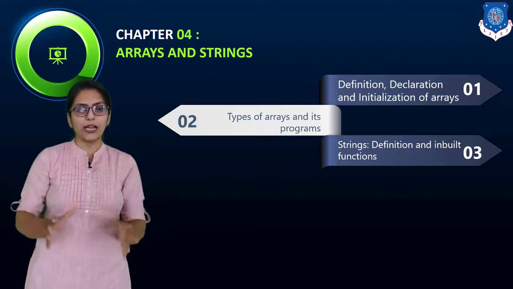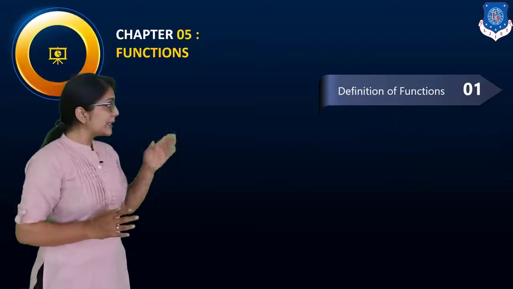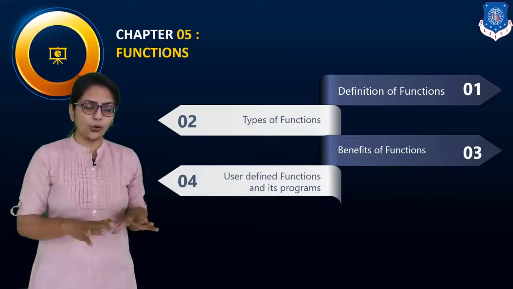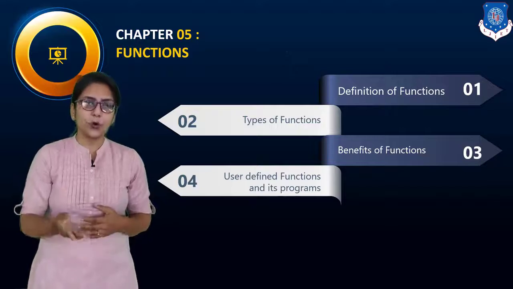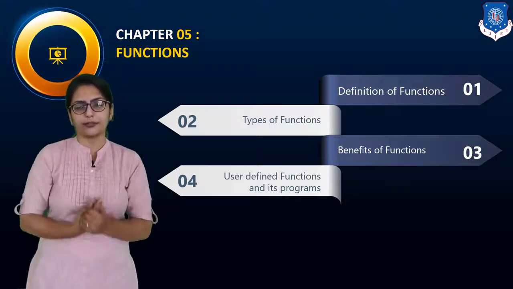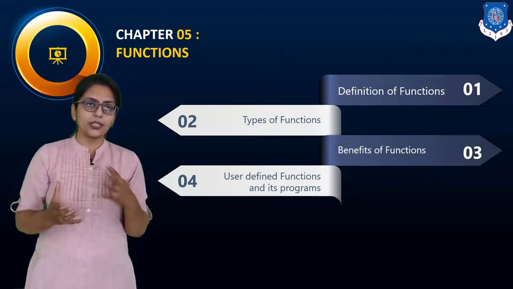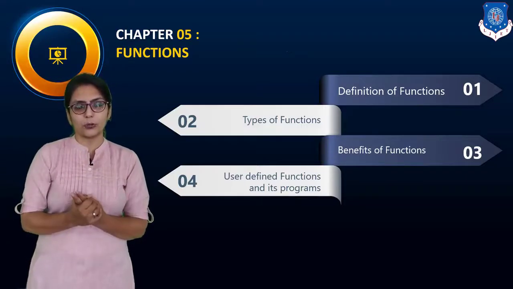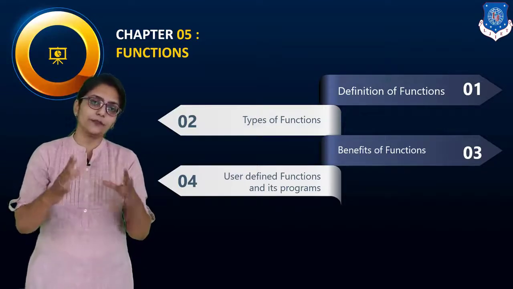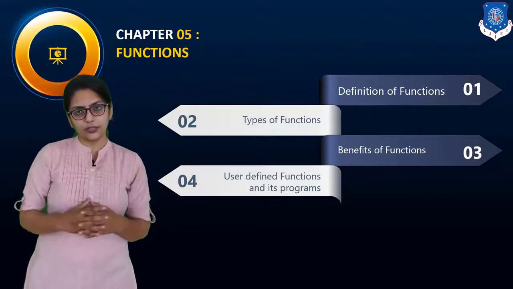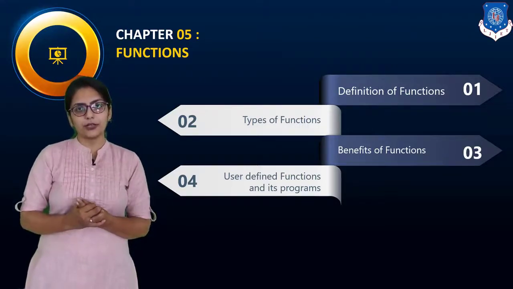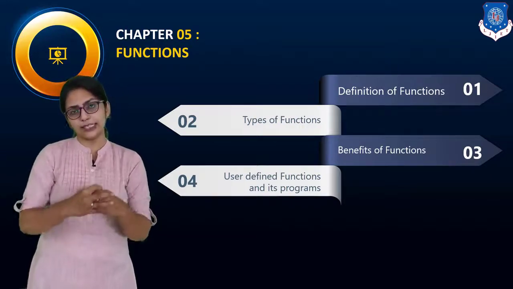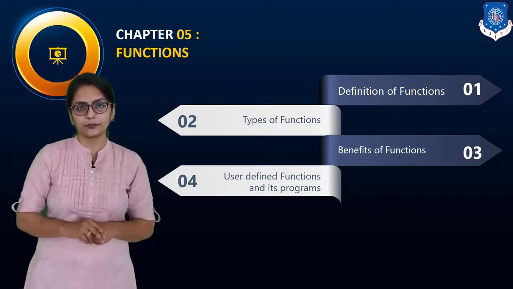Now I am going to explain the MSE 2 syllabus. As you can see the title over here, functions. As I have already told you in loops, the optimization and efficiency of code matters a lot. You need to write code in such a way that low memory or low computation power is used, and that's why we are using functions. What is a function? What are the types of functions? What are the benefits of functions? We are going to study all this in detail in the video of that chapter.